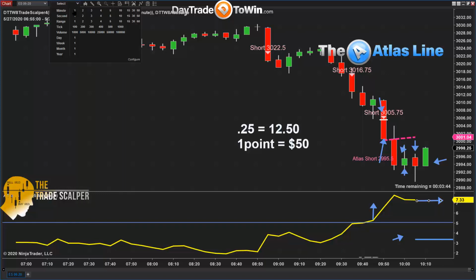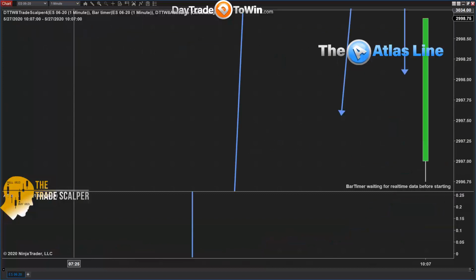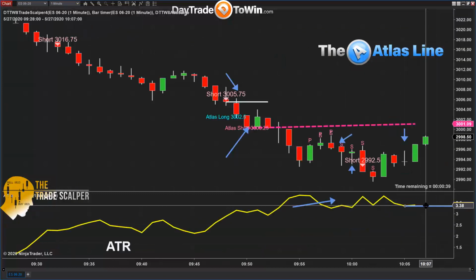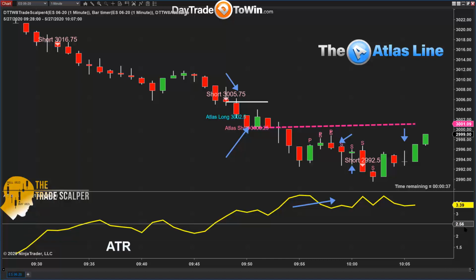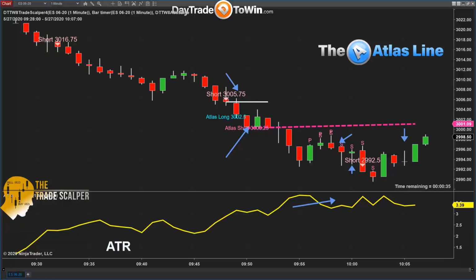That's the reason why, during these times of higher volatility, the way that we adjust is, well, I don't want to risk a lot, so I'm going to put the chart into a 1 minute chart where the ATR is between 1 and 5. I'm just dropping it down to a 1 minute chart to keep my stops and my targets in line. That's the reason.